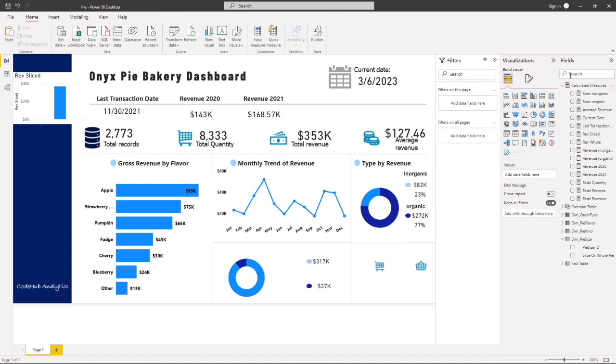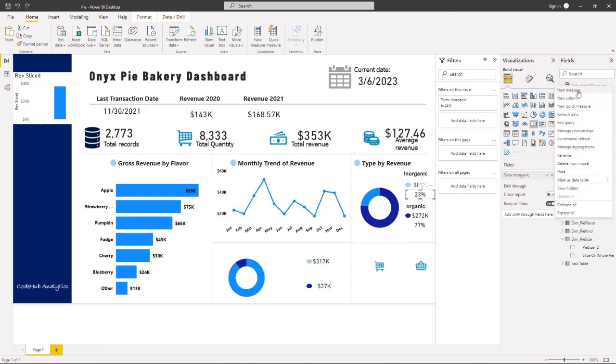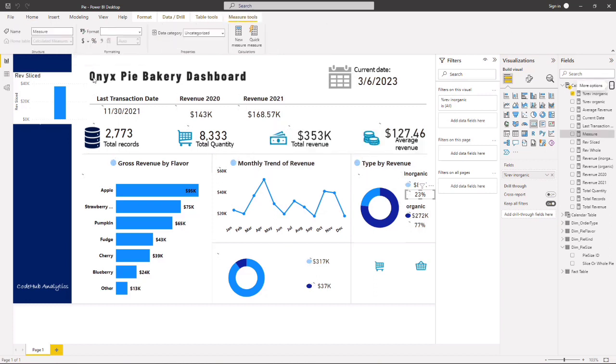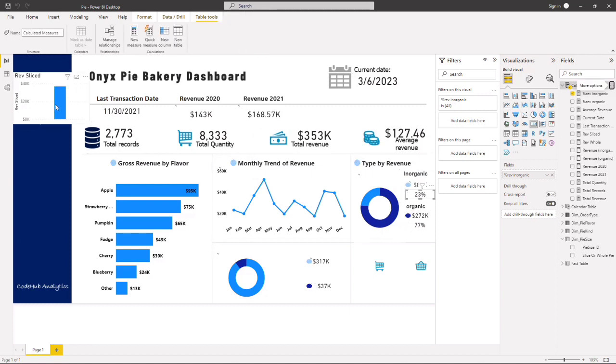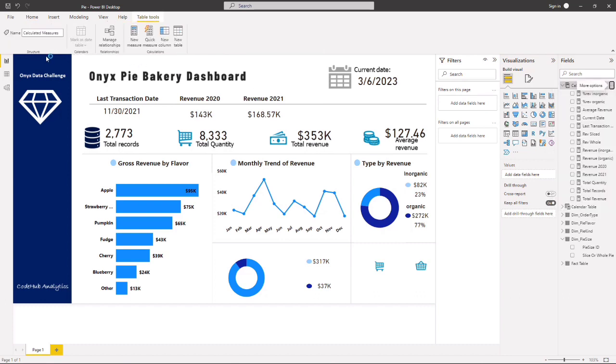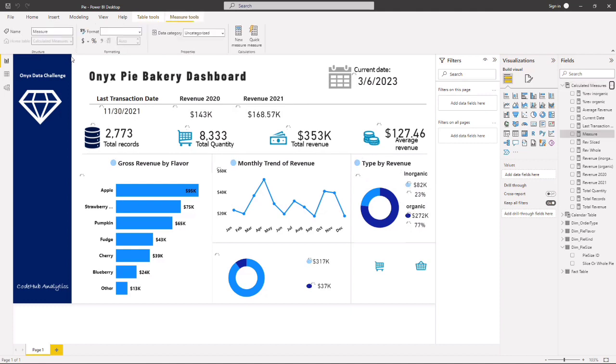Okay, now let's go ahead and do something like this too. Okay, for them, control Z. All right, so new measure. Okay, new measure. Sorry about this. I want to add a new measure. New measure. Okay, so we want to get the